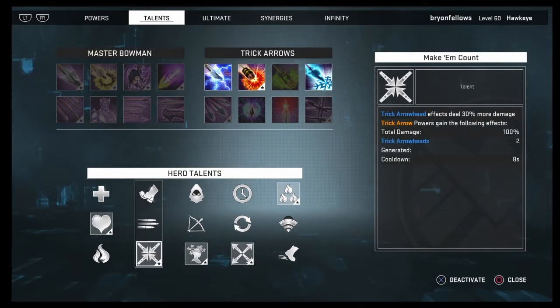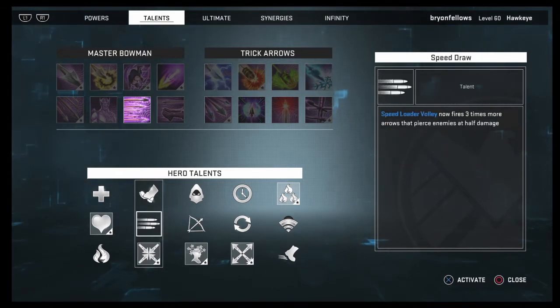I went with Make 'em Count for my second one. Trick arrowheads deal 30% more damage, and they gain the total effect. Total damage is 100%, so all those that are highlighted get 100% more damage. Cool, right? Then you get 2. Cooldown of 8 seconds. I didn't like this because it fired too slow and the damage was too low, so